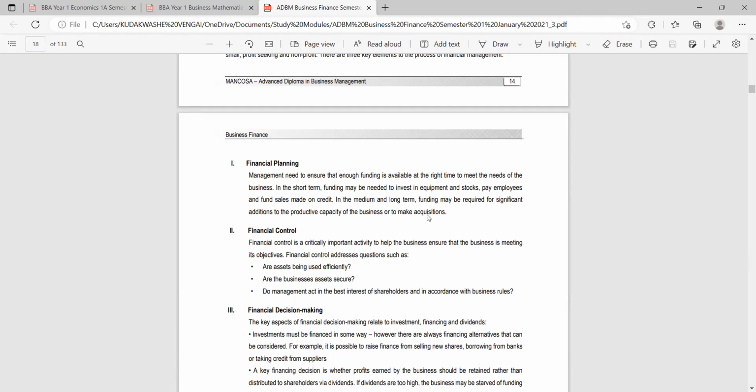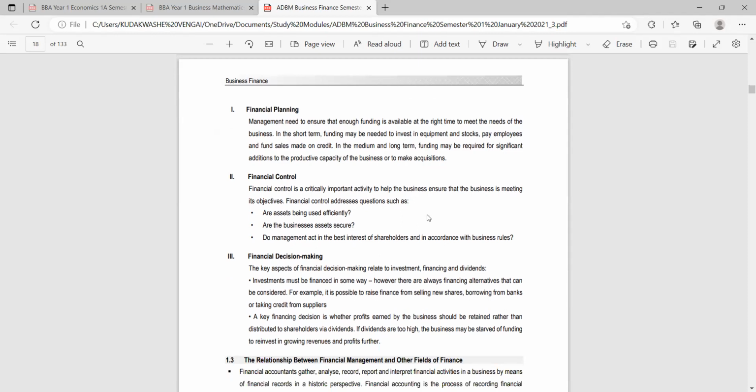How are we going to sponsor the different projects we have? How are we going to pay the employees? What type of equipment do we need? That is financial planning,